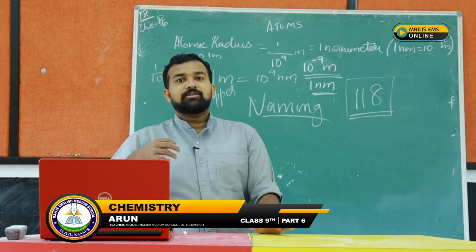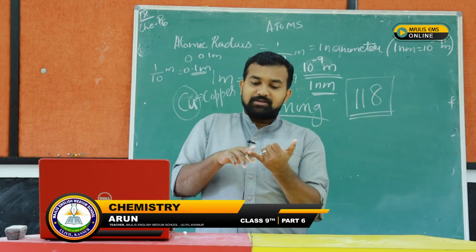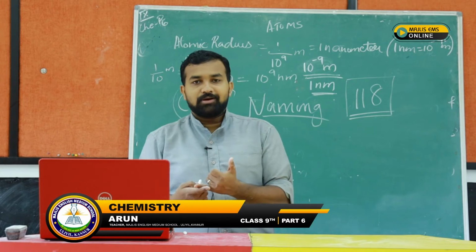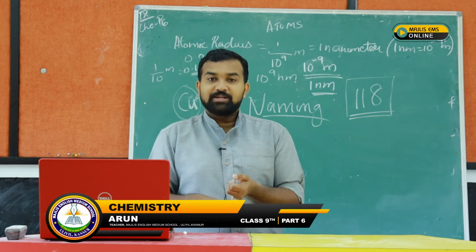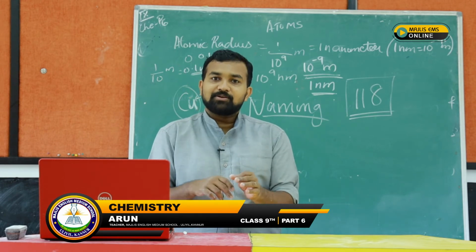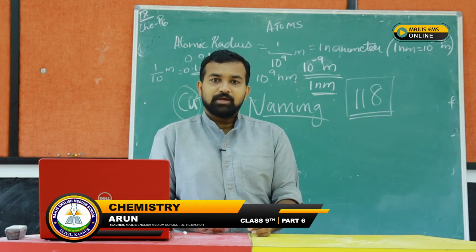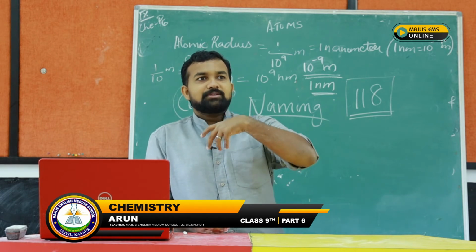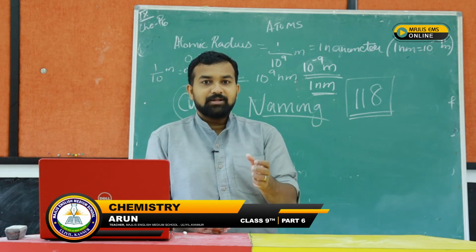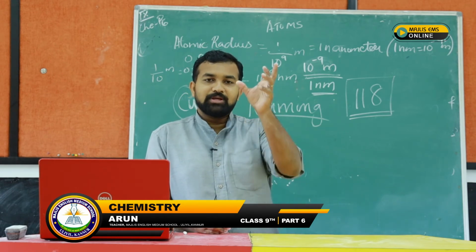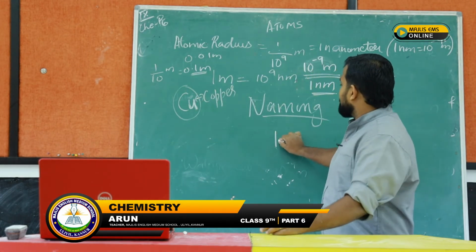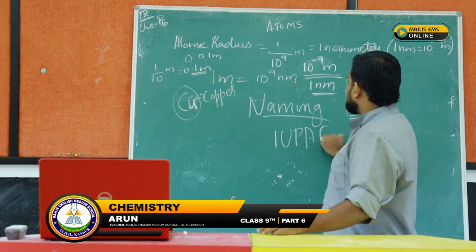Likewise there are a lot of names. In the beginning different names were given: some from the scientists whose names were given to the elements, some from the place where it was found, some from the color. For gold, its name was given because of the yellow color, aurum. So there were different naming techniques in the earlier times, but there was no unique system, no similarity. So who came? IUPAC. IUPAC is an organization.